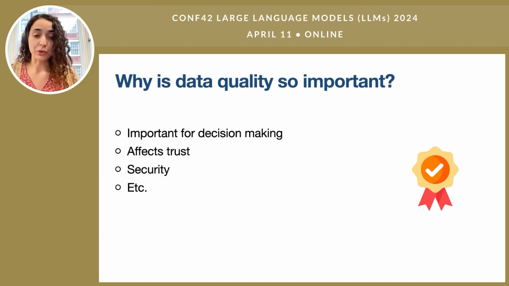Data quality is so important for lots and lots of reasons, and people will probably give you different reasons depending on who you ask. But the ones I like to highlight is, firstly, data is such a big part of decision making. When you get data, that's how you know what decisions to make on your business, on your product, on your users, all of those things. So if your data quality is bad, it's going to have a really big impact on your decision making. You might be making incorrect decisions, you might be making non-optimal decisions, etc. So that's the first thing to think of.